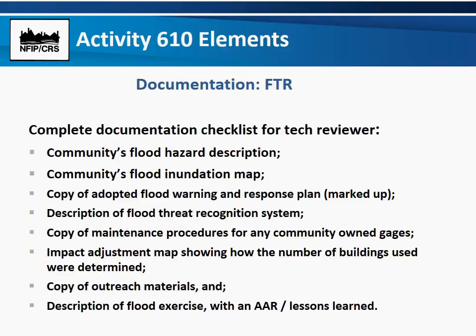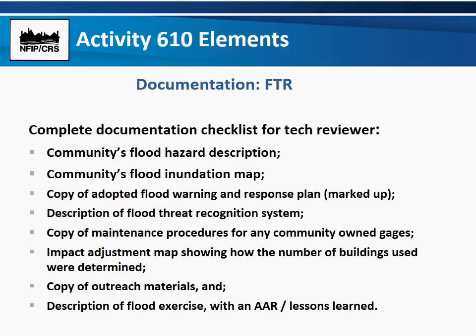system in your community. Remember, we discussed earlier level 1, 2, or 3 system, a copy of the maintenance procedures for any gauges that your community may actually own, in other words, not a USGS gauge or some similarly federally owned gauge, an impact adjustment map showing the number of buildings that are found within your special flood hazard area. You can give me the raw numbers, the numbers of those buildings or more buildings that are affected by your FTR, your FRO, EWD programs, a copy of all the outreach materials which your ISO CRS specialist will actually evaluate,